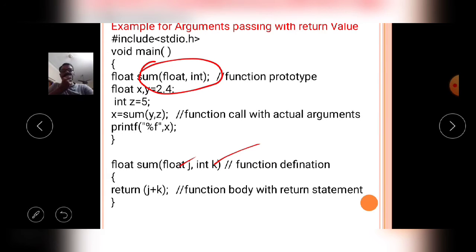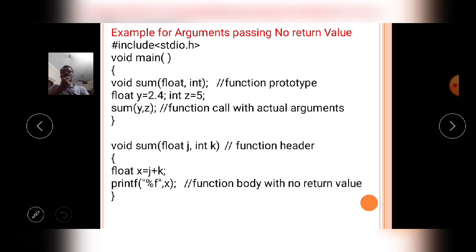Then the next example is argument passing with no return value. In this type of user defined function, the actual argument values are copied into the formal arguments. Then after completion of the execution of the user defined function, no value is returned to the caller function.